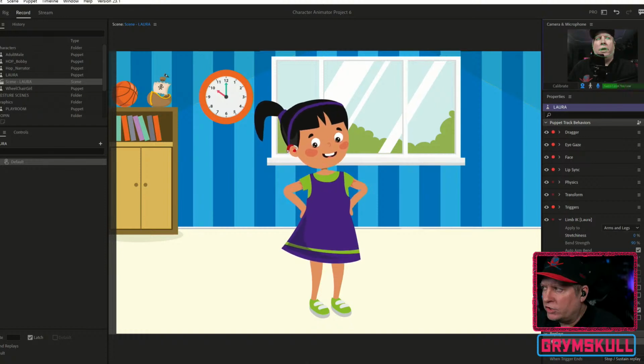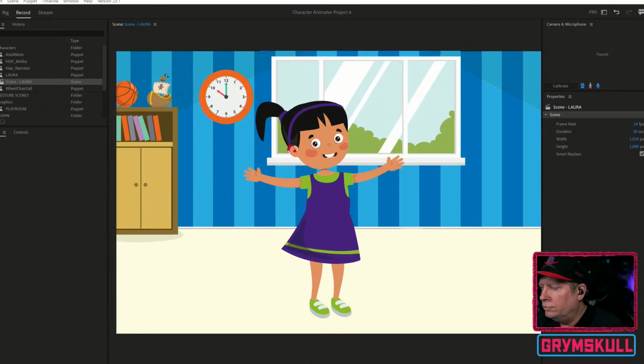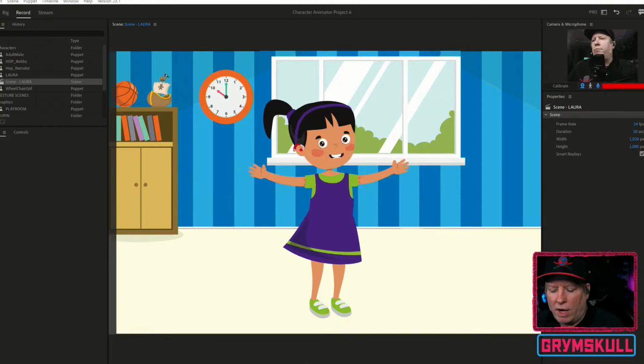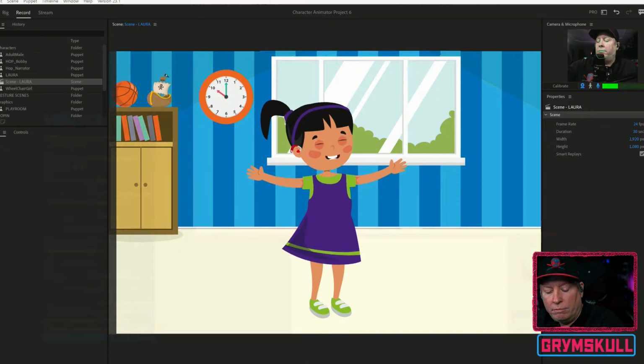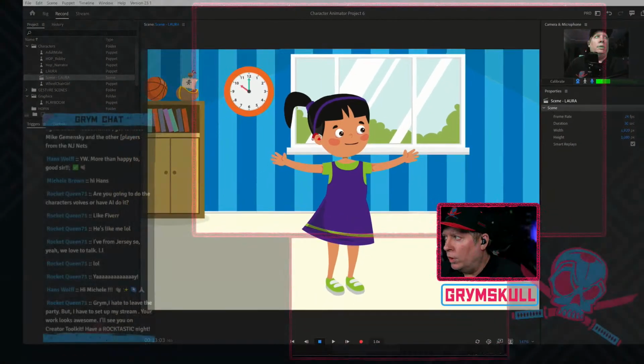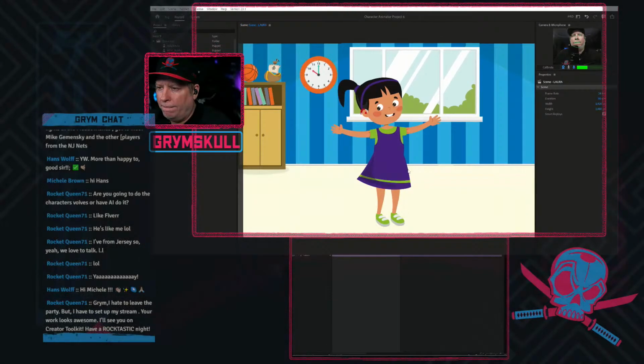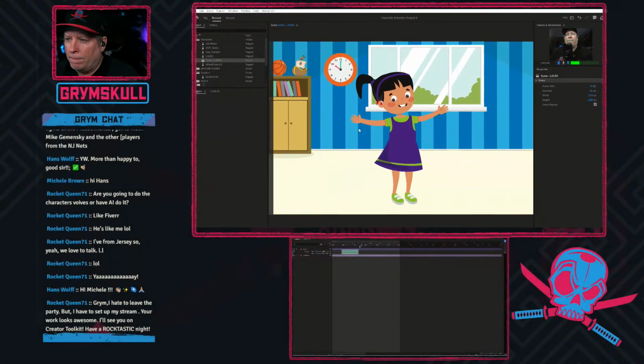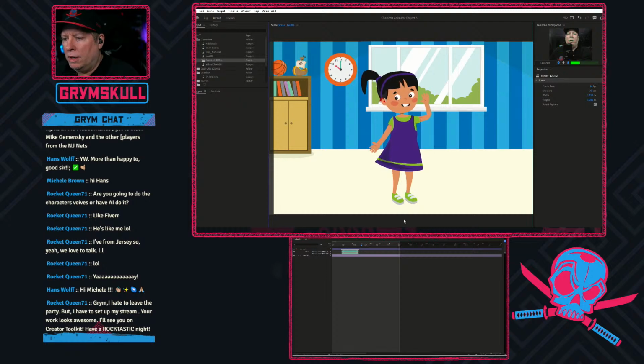Now let's create another one. I'm going to move my playhead a little ways. I'm going to move her hand down and her hand up, right, to about here. I am then going to hit record, and we're going to have her wave.